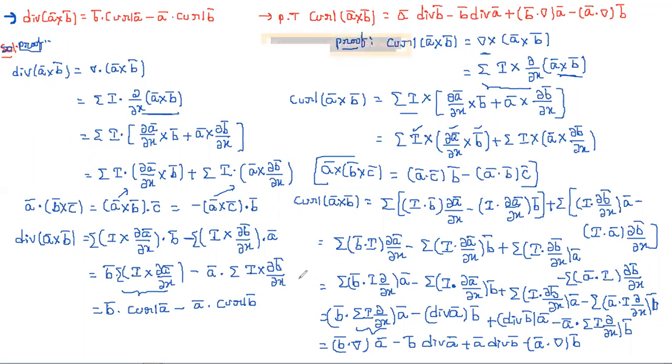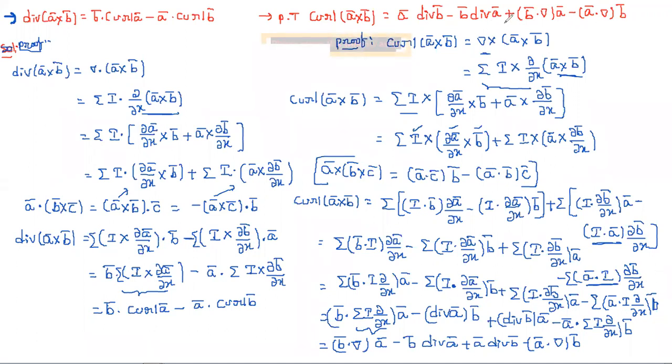Next we are going to simplify this one. For simplification, what we are doing: i dot b bar or b bar dot i, so simply we wrote it as b bar dot i into dou a bar by dou x. And I didn't do any changes in this. I wrote it as this, and here also I didn't do any changes. And here i dot a bar, I wrote it as a bar dot i, and dou b bar by dou x. Only the thing is we need to do modifications to the first one and the last one for getting the result.